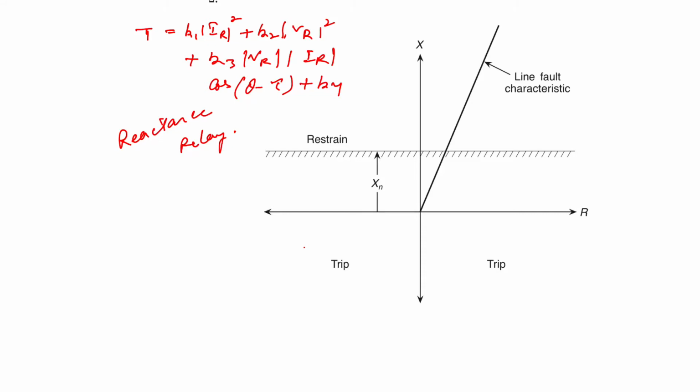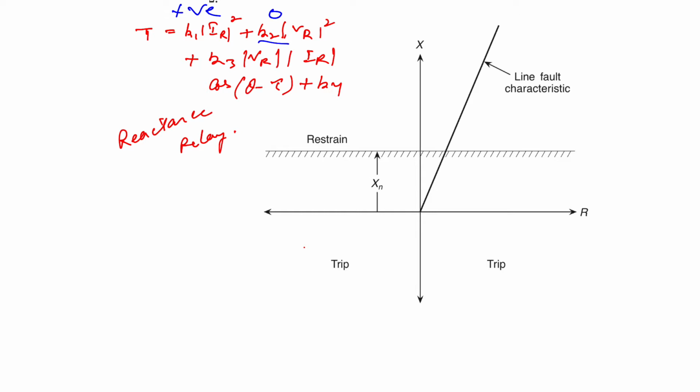So good morning everyone. Now we'll discuss the reactance relay. The trip law for the reactance relay can be obtained by using the universal torque equation that we have discussed. If we set K2 equal to 0 and make K1 positive, that causes the current to